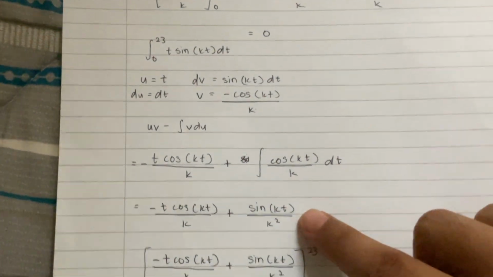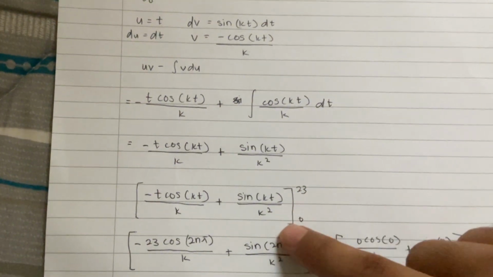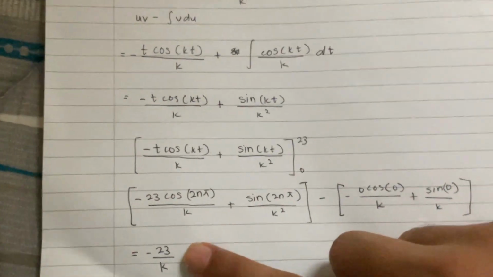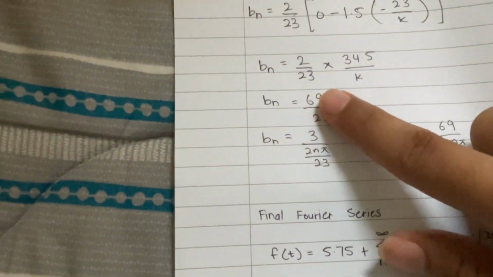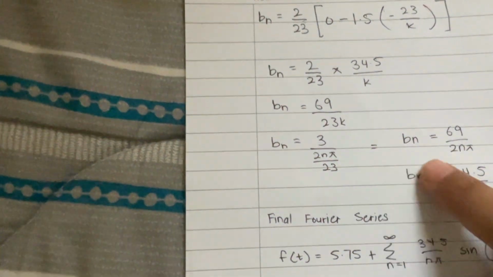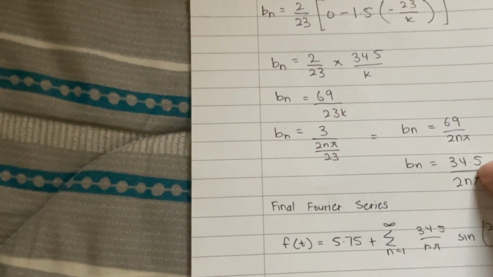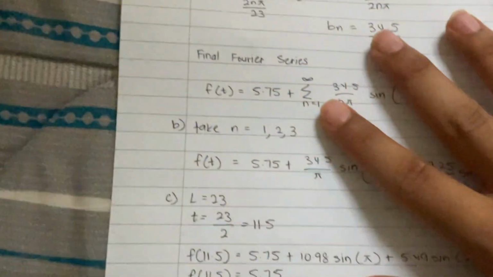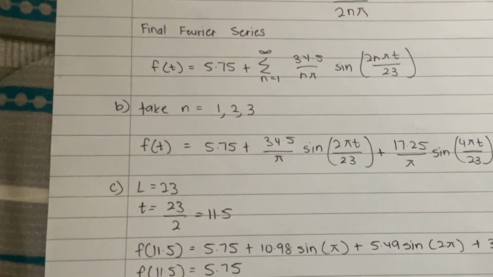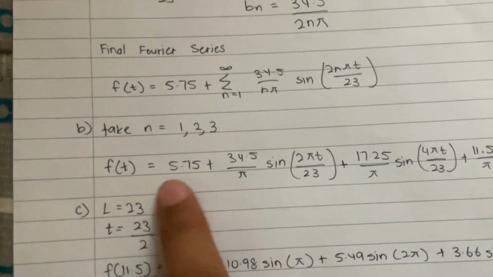We solve and get negative 23 over k, then we substitute in the equation, multiply by 2 over 23, and we get bn equal to 34.5 over 2nπ. And for question B, take n equal to 1, 2, 3,